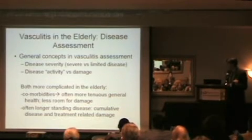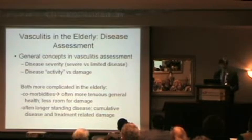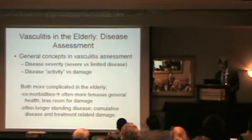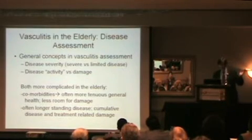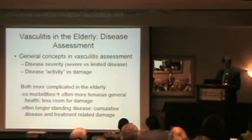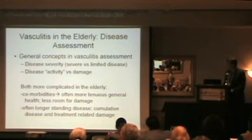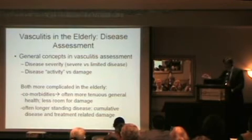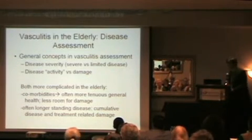We also think about disease activity versus damage. So a patient with Wegener's or microscopic polyangiitis that has a creatinine of 4, the fact that their creatinine is still 4 a year later doesn't mean they still have active Wegener's. It might be damage that was done, and the clinician has to know not to chase that with more immunosuppressive therapy. So these principles apply anywhere from the first talk to children to people of reproductive age to the elderly,